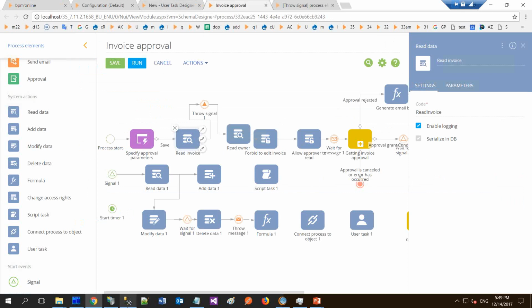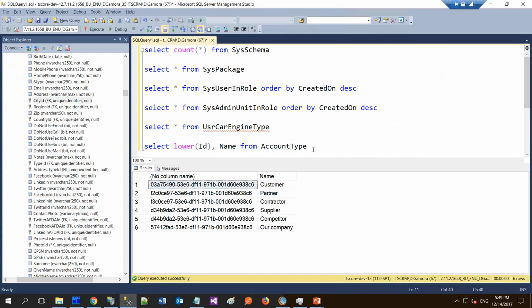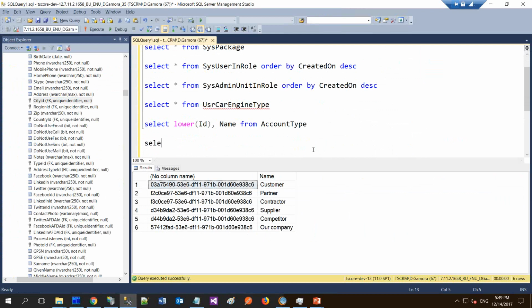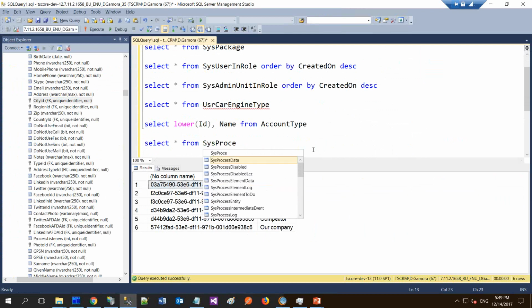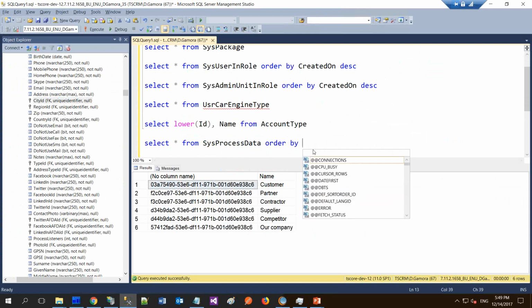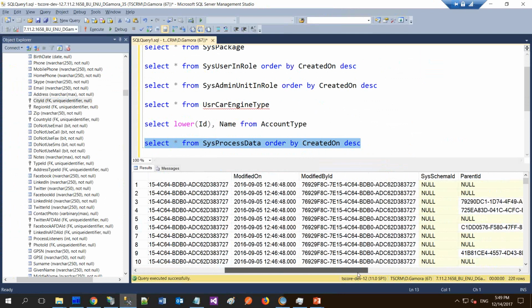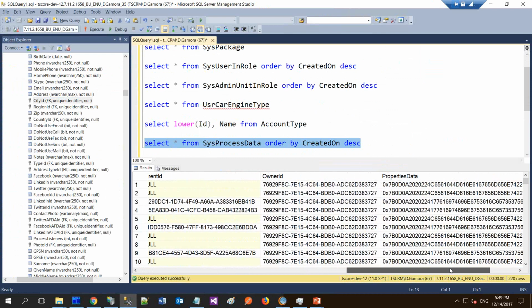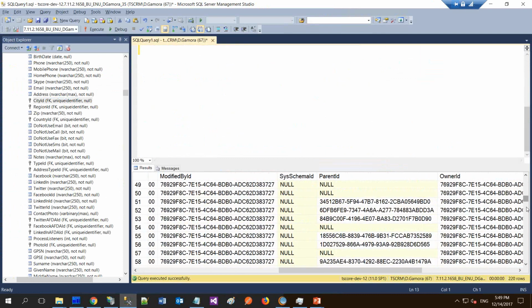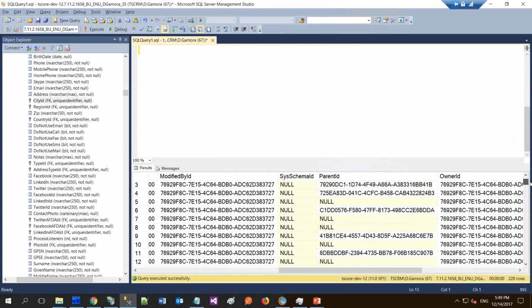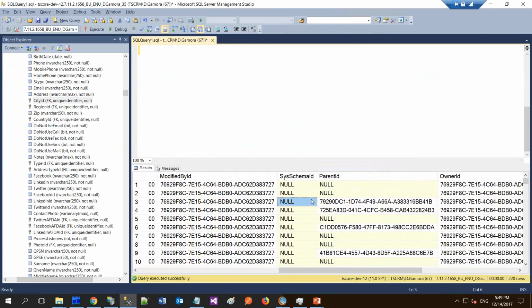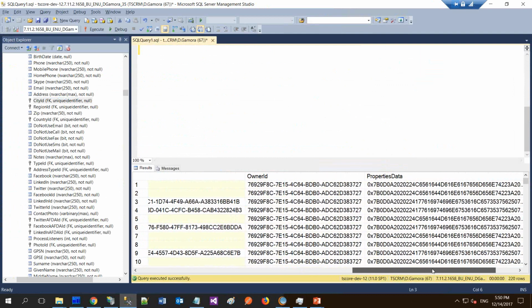Also I need to tell you some technical details about where the process is saved during serialization. This process data table is used to keep only running instances of the processes. Here we have some trash content. I will tell the core developers about it. But anyway, if we run some process, we will have one more record here, and this is information about the currently running process and its